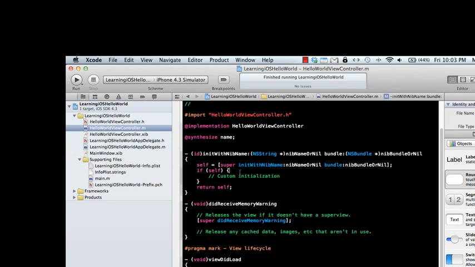Super means the parent class, so base class in C#, I think. I'm not sure about Java, what they do over there. Okay,